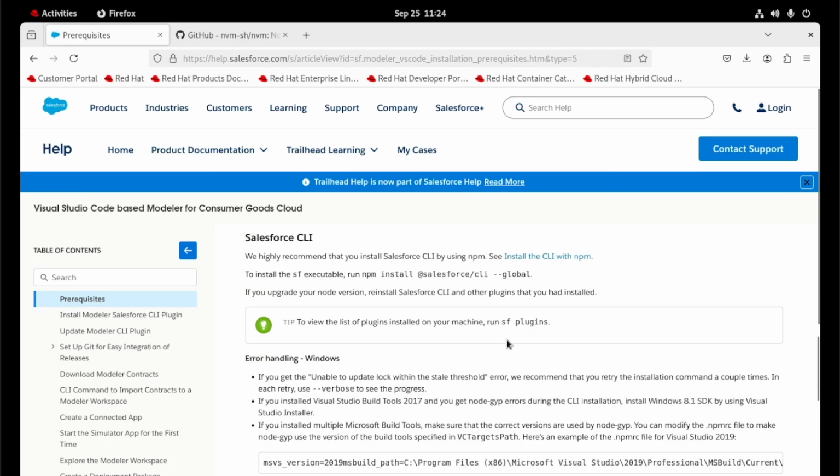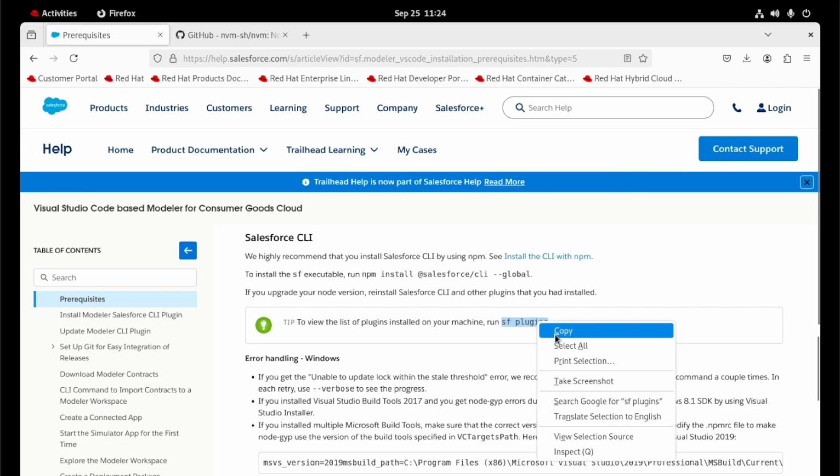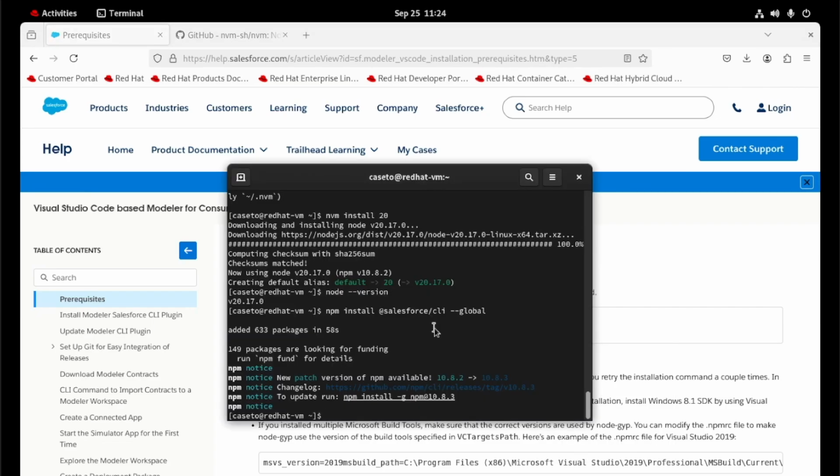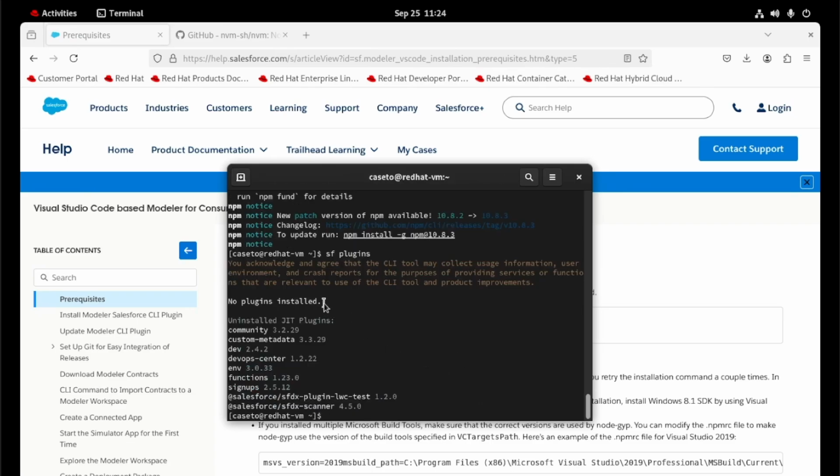And to test if everything is okay, let's do this command, copy and paste. Okay, it's working and no plugins was installed yet.